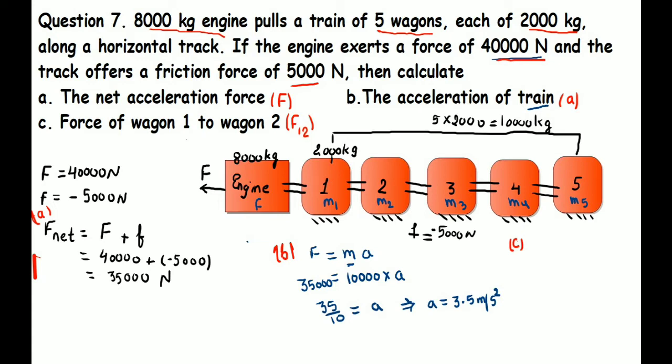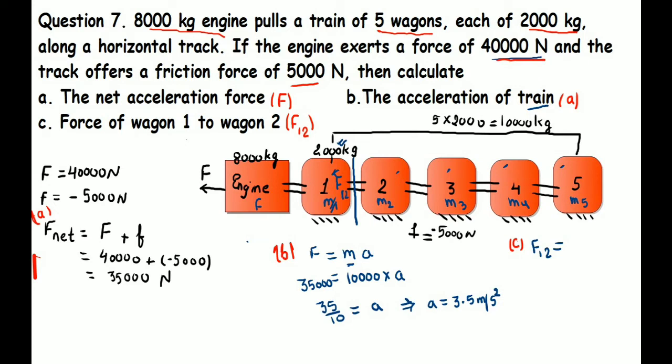Now the third and last part, force of wagon 1 on wagon 2. If you understood part B, you can easily solve part C too, because they are only confusing you. They are checking whether you know the fact or not. To find the force of one wagon on the second wagon, the mass of the first wagon will not be counted. Engine and first wagon will not be counted. So we can make a partition between the first wagon and the second, third, fourth and fifth wagons. You can see 4 wagons are left, so the mass of these 4 wagons will be counted.